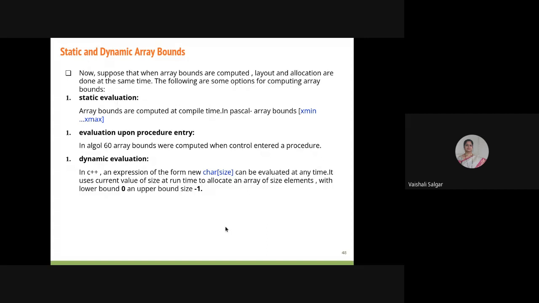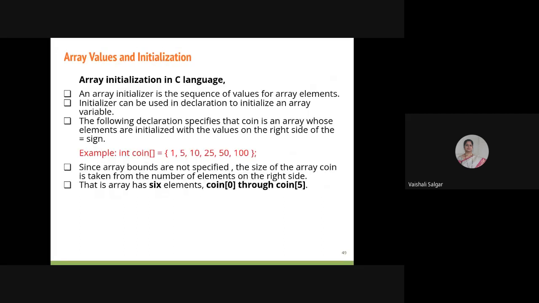If I enter the size value as 10, the upper bound is size minus 1, so the lower bound will be 0 and the upper bound will be 9. This is how the evaluation of array bounds is done in different programming languages. Now, array initialization in C programming.